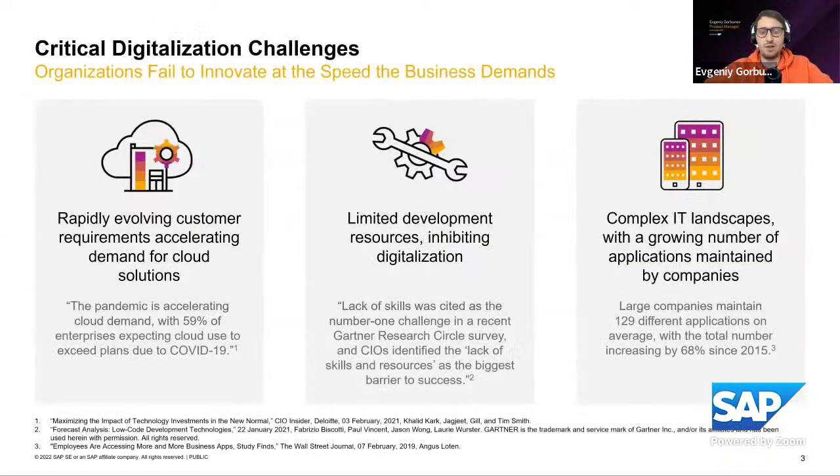And I would like to start with the big picture, right? Why are we talking today about the document processing and why are we talking about SAP Process Automation that helps us to do this document processing? It is because of the challenges that currently exist on the market, right? And the main and the most critical challenge in the market is that organizations fail to innovate at the speed the business demands. Yes, so the business needs quick changes, quick adaptations, especially after the COVID times. And now we need to ensure that the IT requirements are fulfilled at the speed of the business demands.